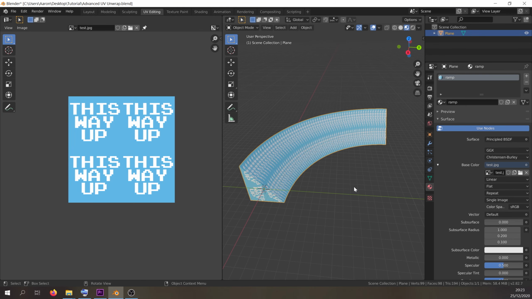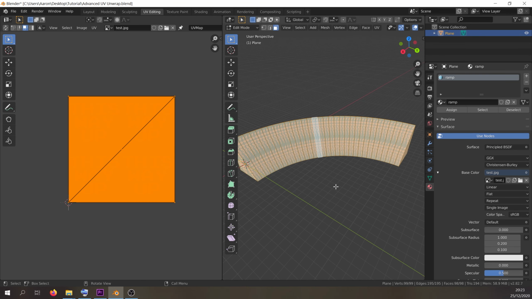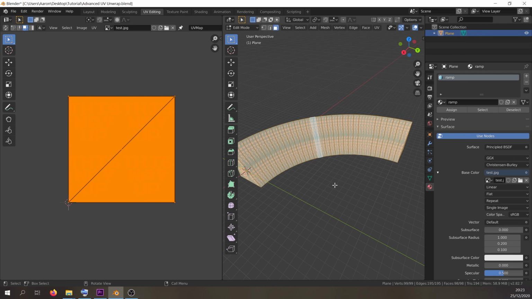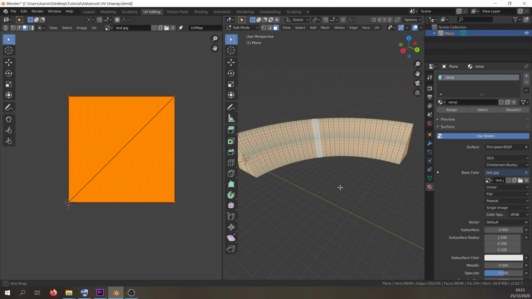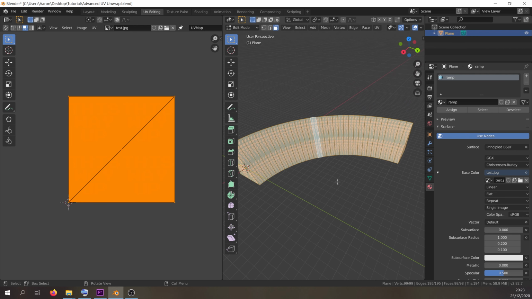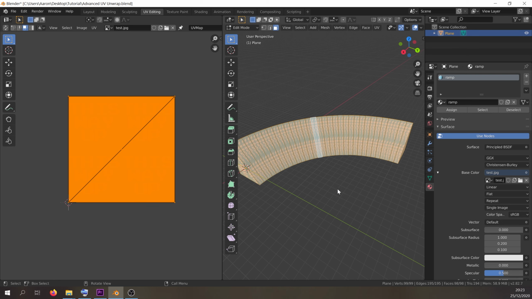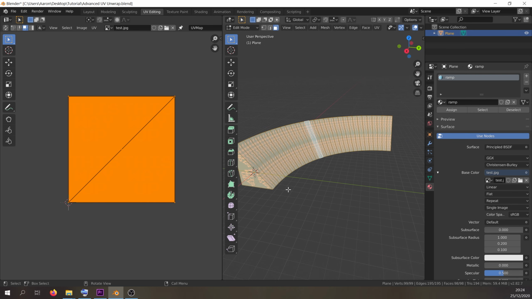So I'm going to show you a better approach to creating UVs if your ramp is quite a lot larger and there's loads of segments. The simpler way will take a lot longer. It would still work, but here's just a more streamlined approach for those who have a familiarity with Blender and are slightly more advanced. What we're going to want to do first is create seams